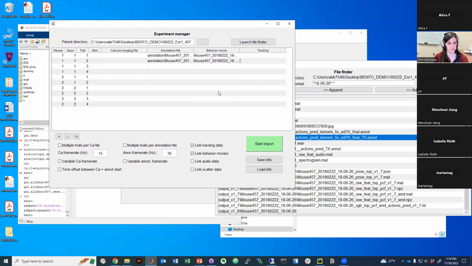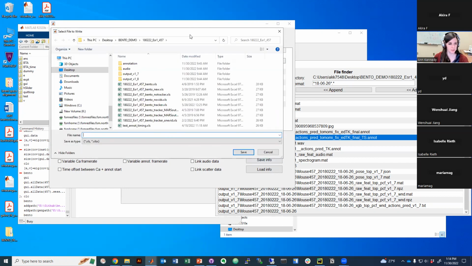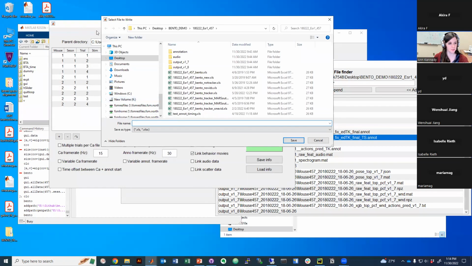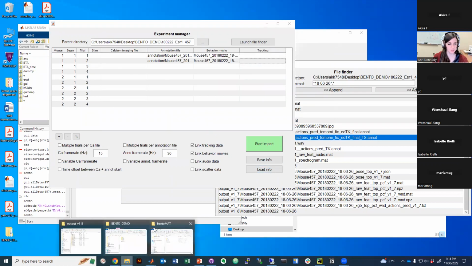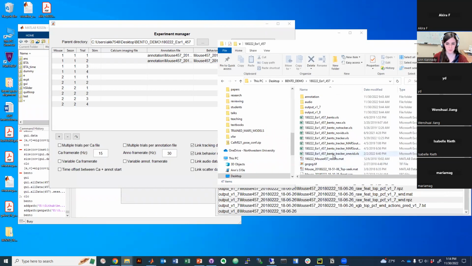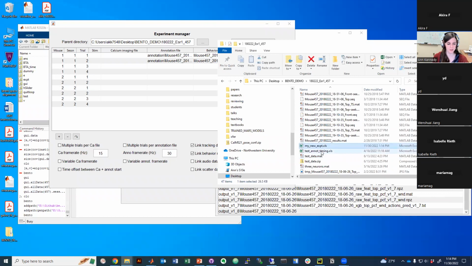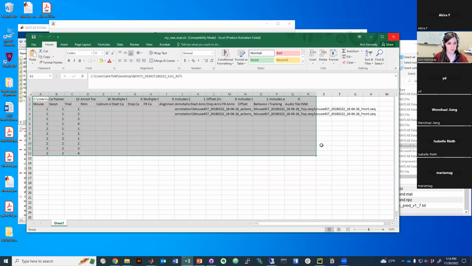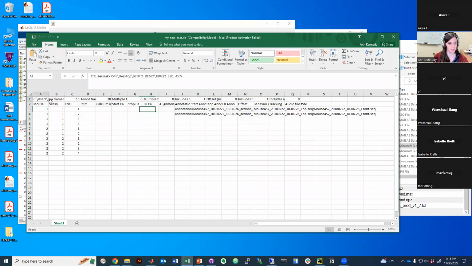Once you're happy with your experiment setup, you can click Save Info here, and it will output the contents of this experiment manager into an Excel file. So we'll give it a name and hit Save. And if we look inside our demo directory, we have somewhere in here, my new experiment. We can open this up in Excel and we can see that Bento has output a bunch of experiment data